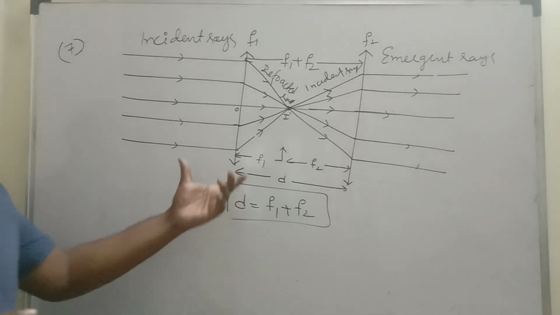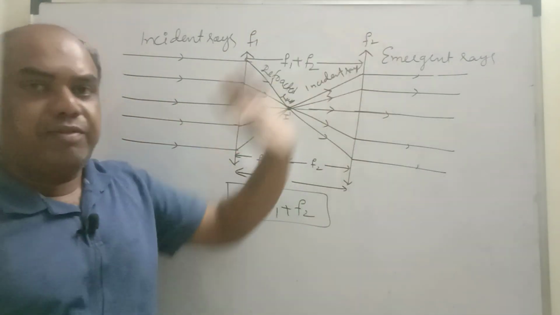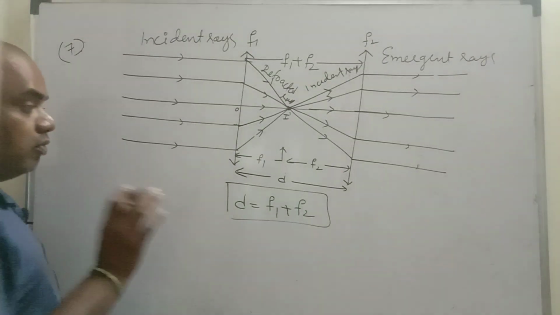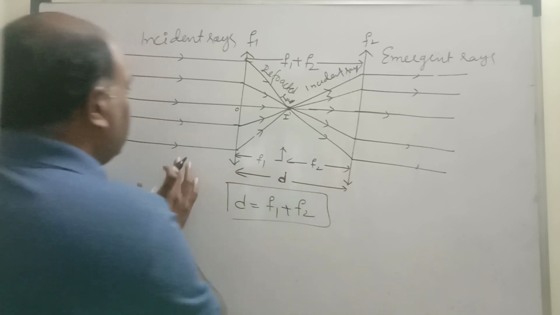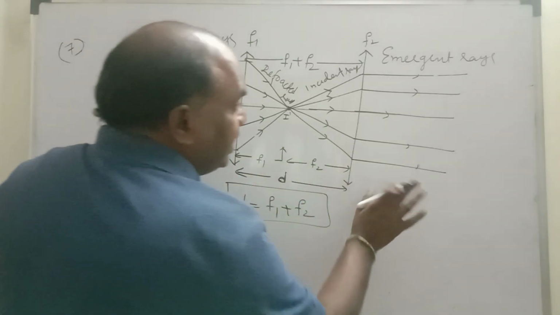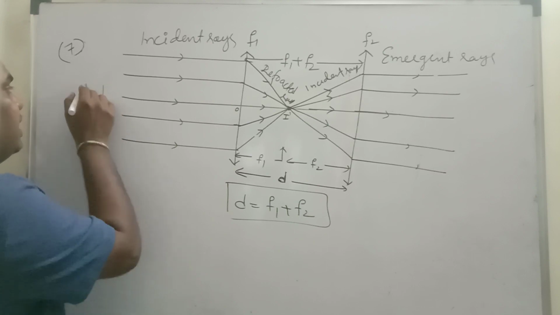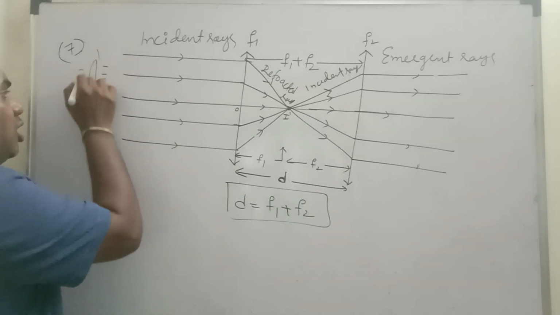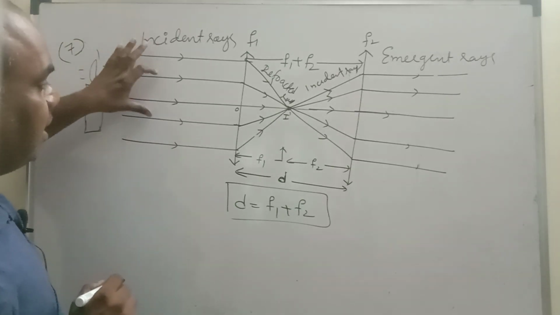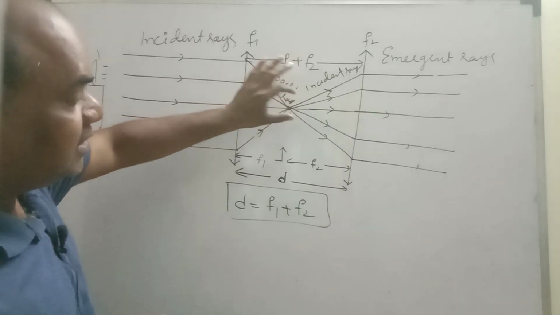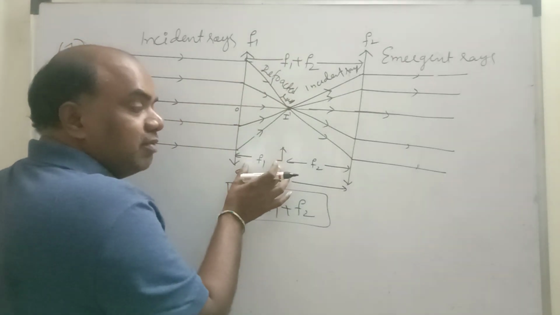Very important. I have two converging lenses. The first one's focal length is f1, the second one's focal length is f2. Now, what they are asking is, what should be the distance between the two lenses so that both incident rays and emergent rays will be parallel. Incident rays means the rays coming from the source of light. Let this be a source of light, candle or torch. These are all incident rays we are getting. All parallel incident rays after refraction converge and meet at the principal focus. So the distance between the optic center and principal focus is f1.